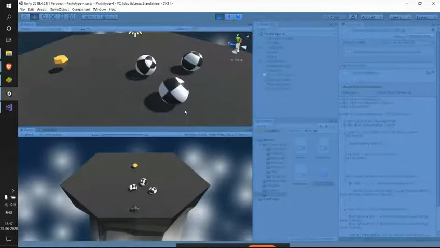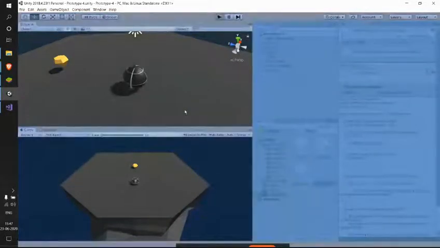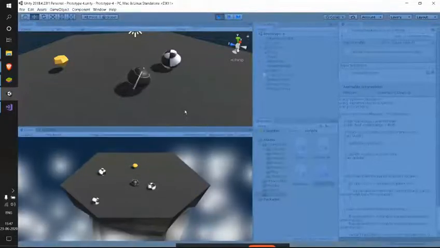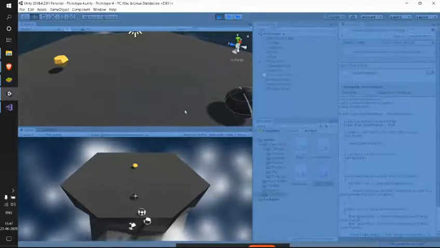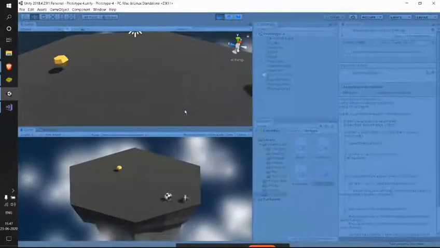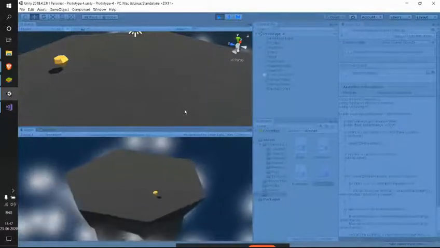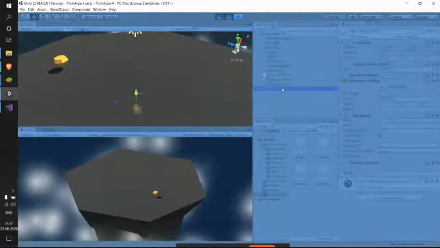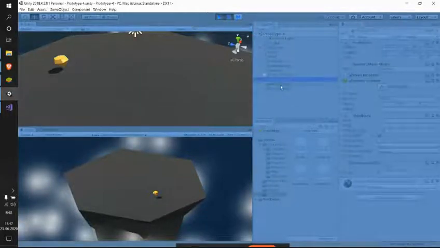See, there is one enemy left. Okay, whatever. See, we have these enemies below the floating island. They have already fallen, but we have them in our scene itself.